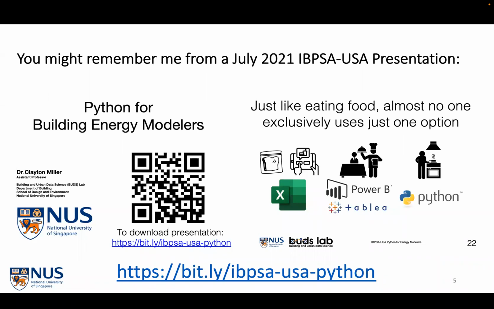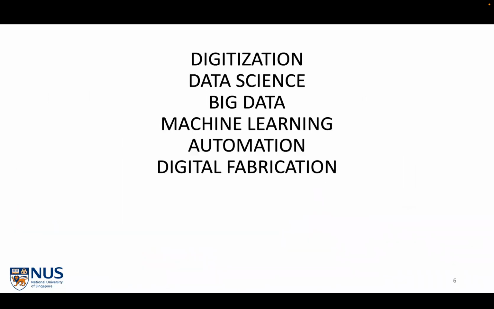how to cook. And I compared coding to Power BI and Tableau and Excel, making the analogy that we all have different choices of what we eat for meals. Basically, we either cook, we go to restaurants, or maybe we do something very fast. And I think data analytics is something similar. So this presentation is designed to build upon this momentum. But if you didn't get a chance to see that presentation, you can check out that slide deck.